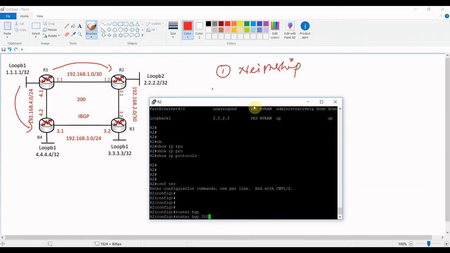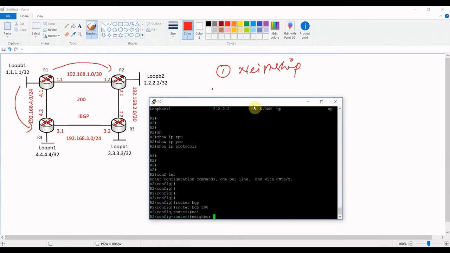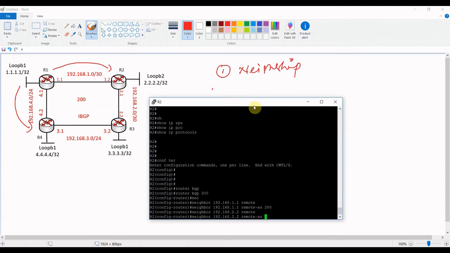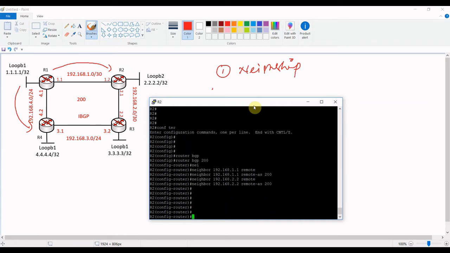Router BGP 200, and then we'll use the neighbor command 192.168.1.1 with remote AS 200. Okay, and then from router 2 we will provide another neighbor, 2.2, with remote AS 200. Okay, and then we'll use the network command.